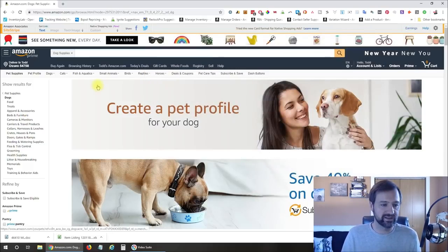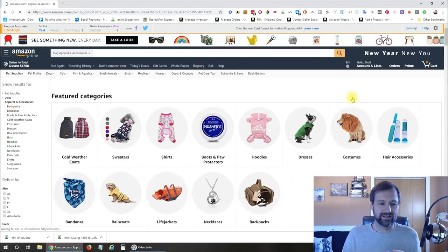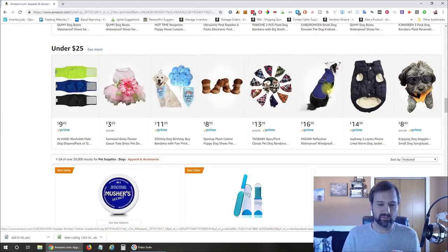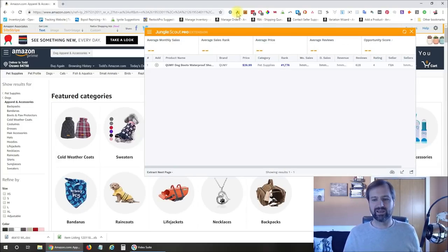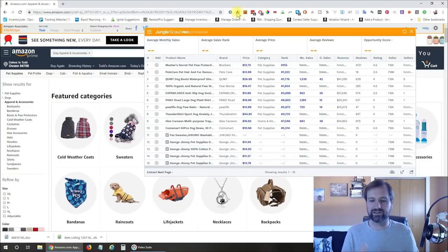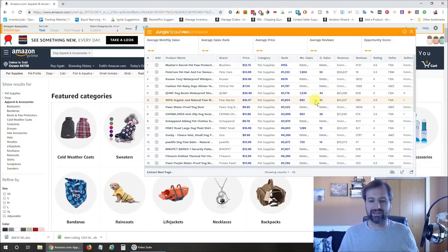So I'm going to close, and I'm going to go over into, say here, let's go for the apparel and accessories. And so now in this category, I can see that I have some more products down below here. So I'm going to go ahead and click the Jungle Scout again and just see how many units per month we're looking at now. So now you can see in the monthly sales column, we're looking at in the hundreds and the thousands,